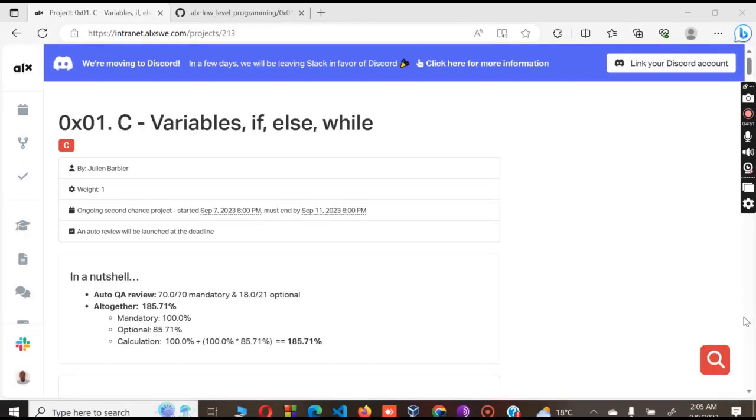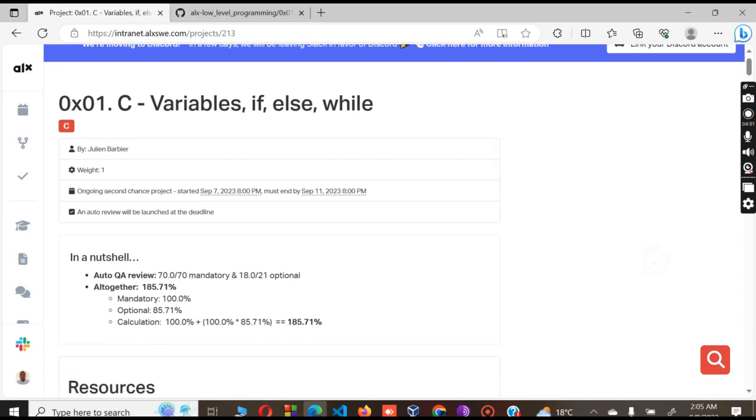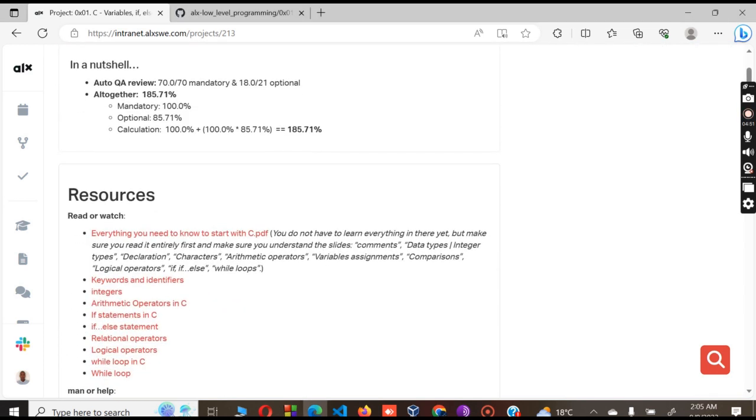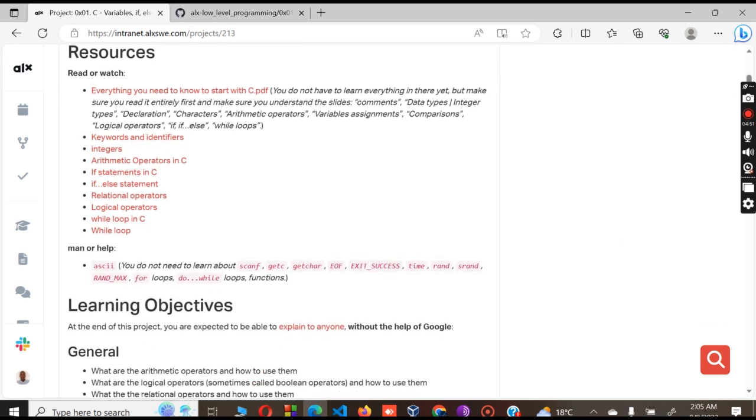Hello guys, today I'm going to take you through assignment 001 on C, based on variables, if, else, and while. Before we go on to do the assignment, ensure that at a personal level you go through the resources that have been provided. We have everything that you need to know to start with C, which is in PDF,